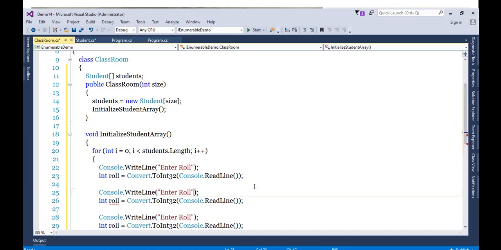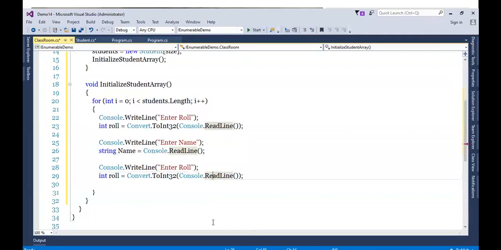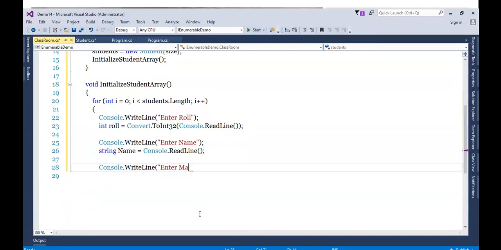Okay, so we got a roll number. Now let's take a name, string name. And it is not required to convert, so let's remove Convert. And lastly, we'll take marks.